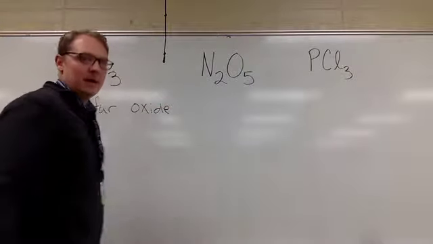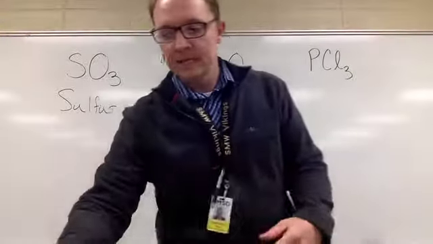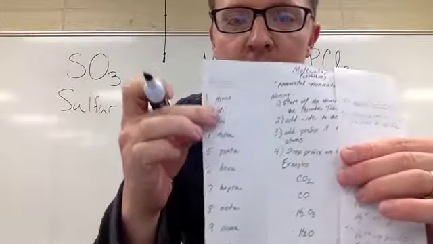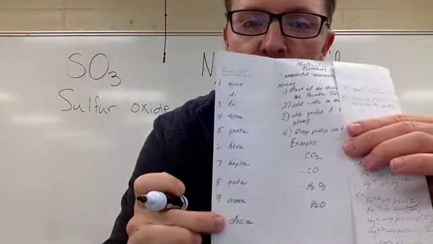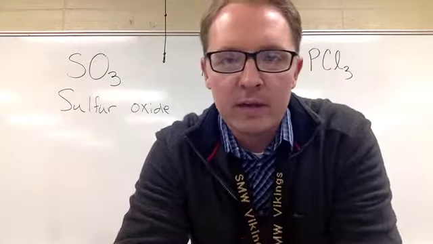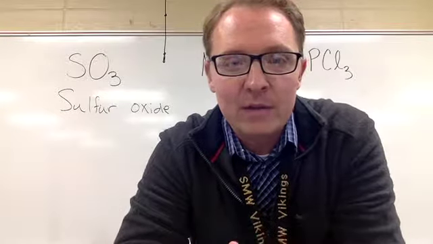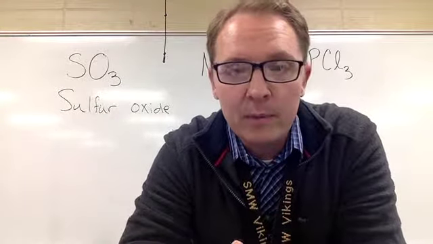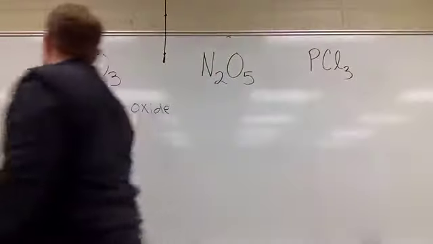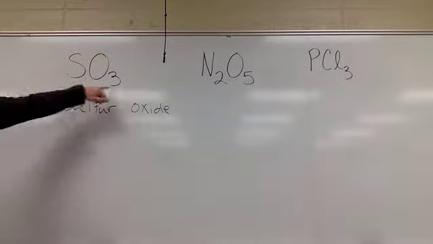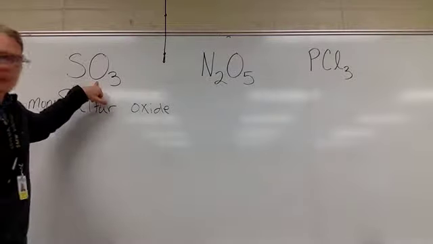like so. And now we're ready for the prefixes. On the inside of your naming booklet, these prefixes over here from 1 to 10, you don't have to memorize them because you get to use your naming booklet on the actual test and quizzes, but you want to give it a prefix to represent how many atoms there actually are. So if there's only one sulfur, then right now we're going to play dumb and we're going to put monosulfur, because that's one. And if we have 3 oxides, then we're going to put trioxide